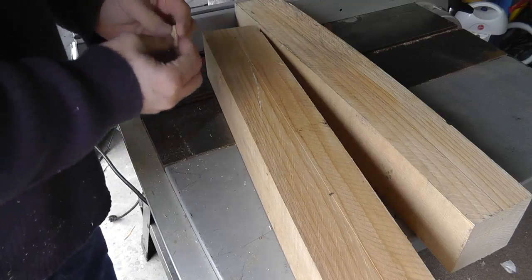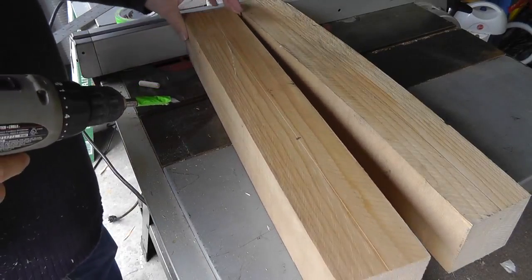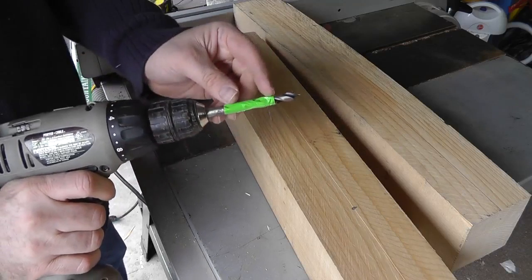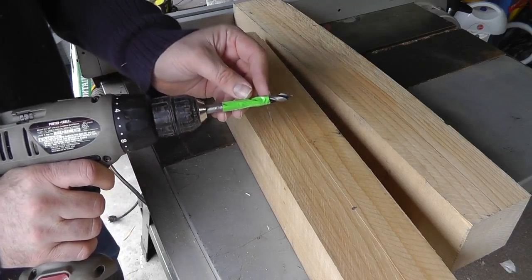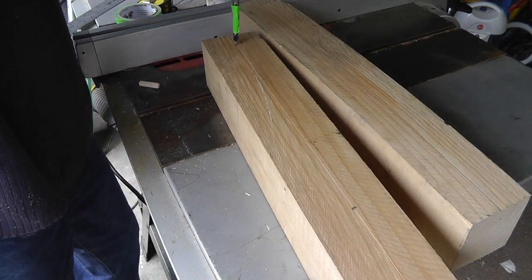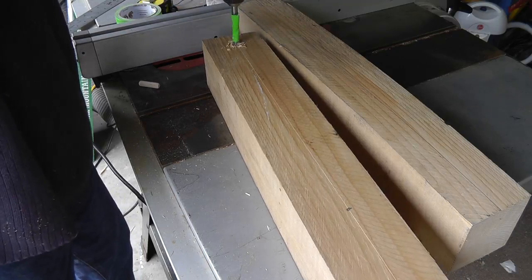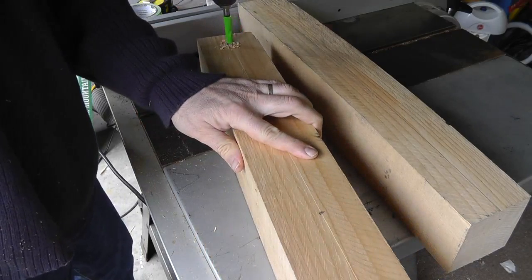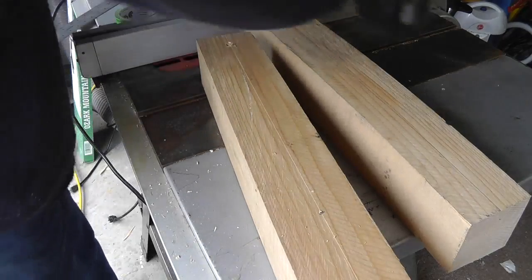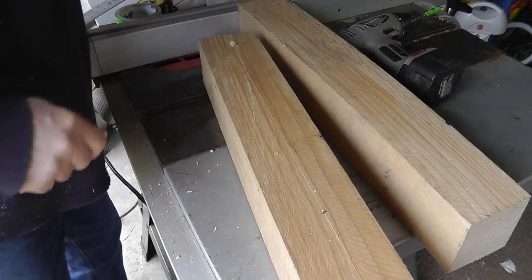Okay? Alright, so I'll get my drill. Okay, so now I've got my 3/8 drill bit, and I have a piece of tape up 3/4 of an inch, so I'll know how deep to go into the hole. Okay, perfect. I'm going to drop some glue in there, pound that in, and then on this one here, on the side pieces, what I'm going to do is